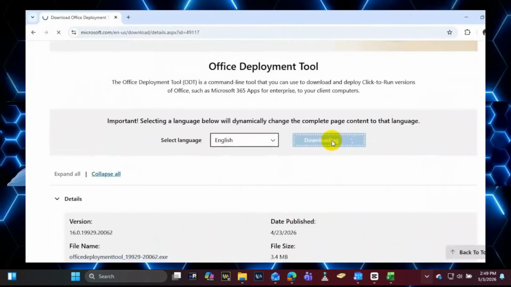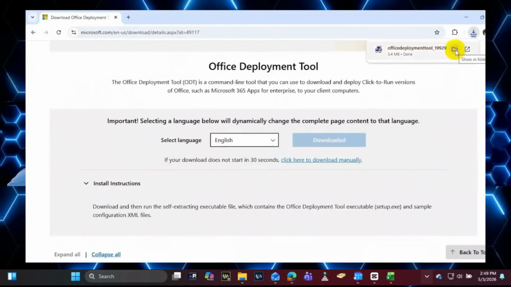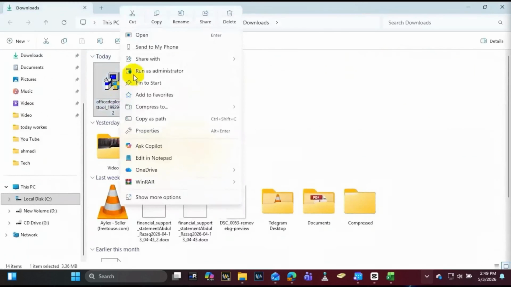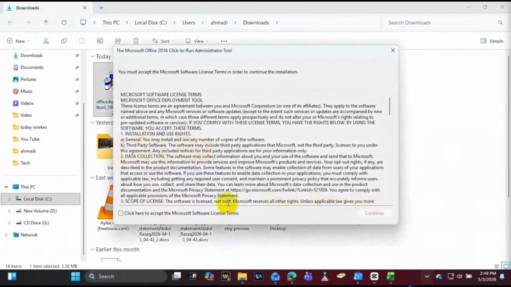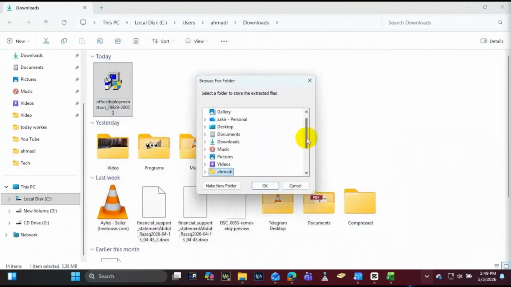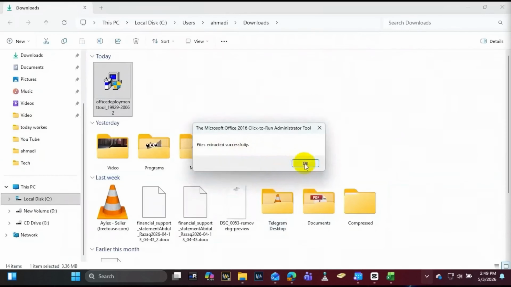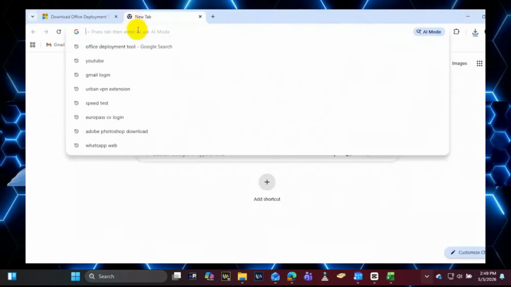Once it gets downloaded, I'm going to click it right here and hit Run as administrator. I'm going to click Accept, Continue, and put it into that specific folder that I choose. I'm going to choose Office 2024, hit OK. The file extracts successfully, and now you're going to go back to our Chrome, open a new page, and write Office